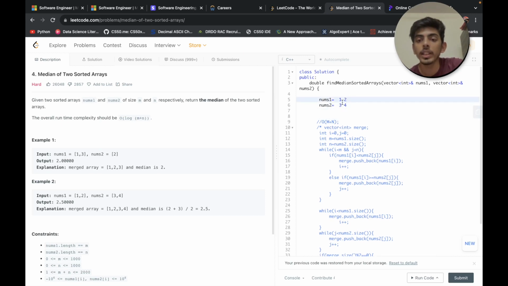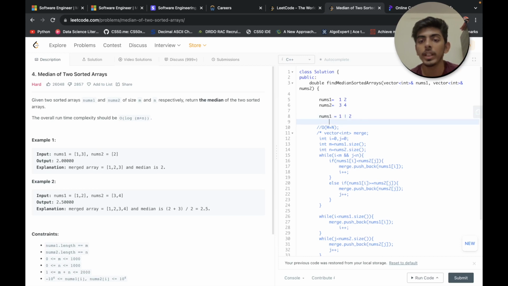If you do not understand this, let me take an example. Let me take this. If we have a partition over here, in nums1 the left part will have 1, and after the partition the right part has 2. In nums2, if we have done the partition over here, then 3 and 4 are on the left, and on the right we don't have any other element.